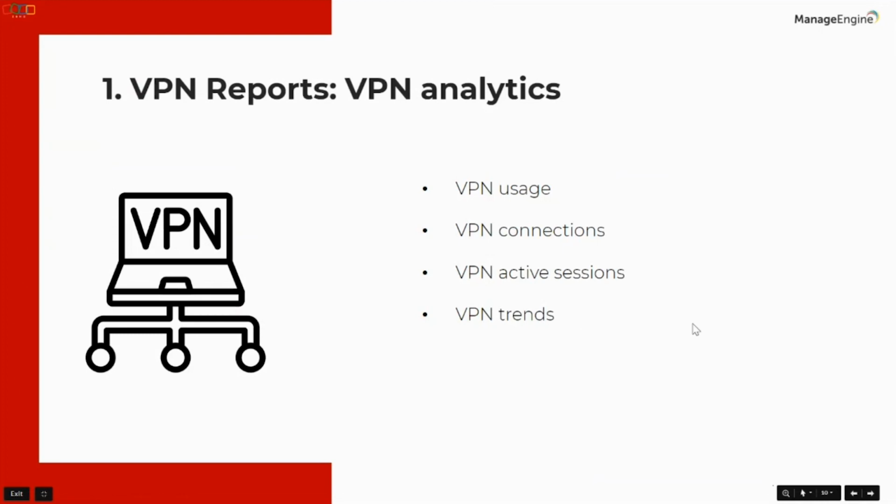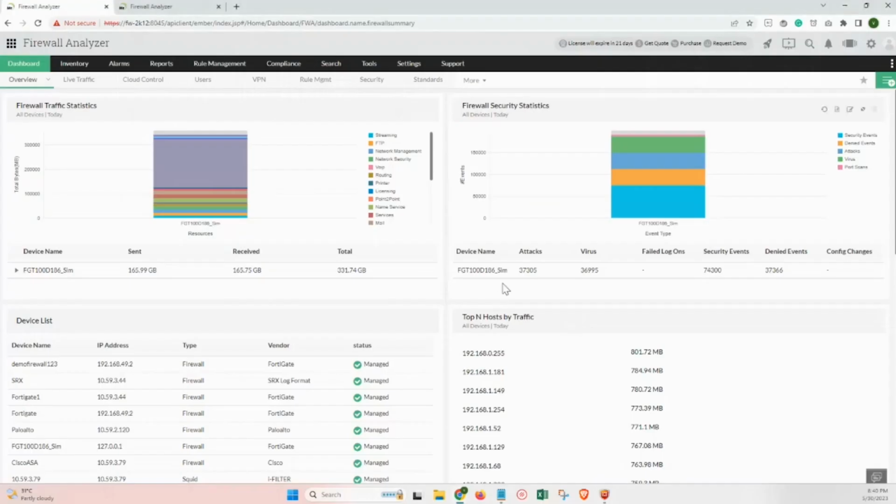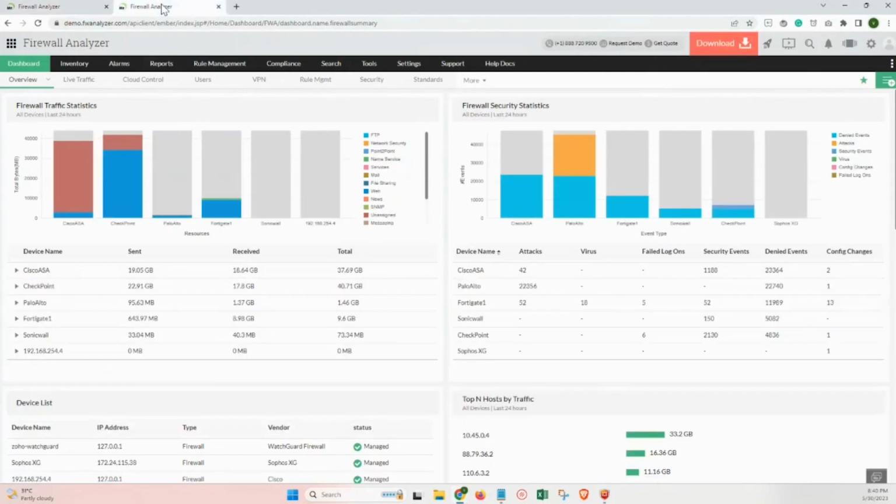So let us look at how this report looks in the product UI. For that, I'm taking you to our product. For the sake of demonstration, I have created a local setup that is running in my system. And for this demonstration, I'll also be alternating between our online free demo. This is nothing but